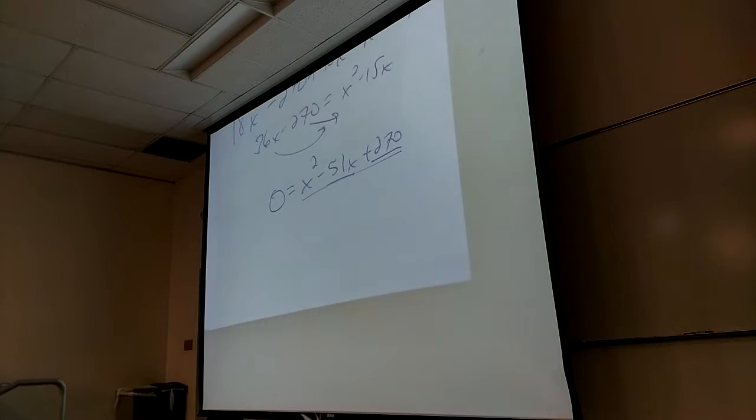Why is it just positive 270? Because you add it. You see the arrows? So I subtracted 36x, added 270 to get them over to the other side. And again, what told me to do that? X squared. Yes, there's an x squared term. I got to get it equal to 0. You got to realize when the problem is saying, hey, this is how you solve me. You got to love that. Normally, they don't tell you anything.